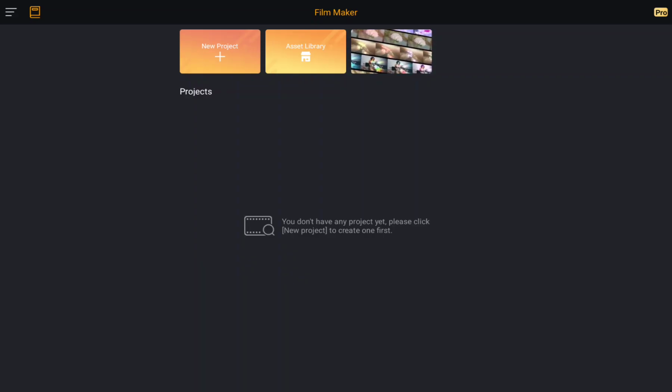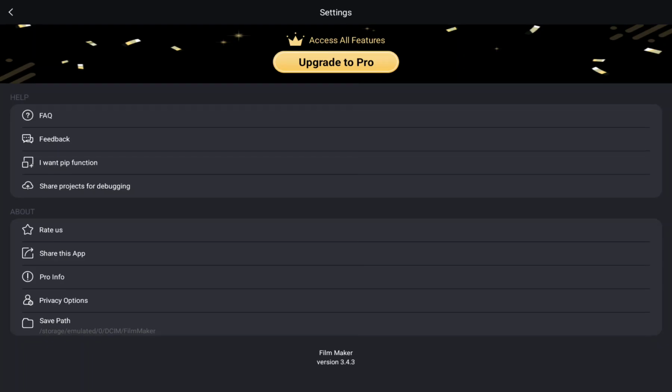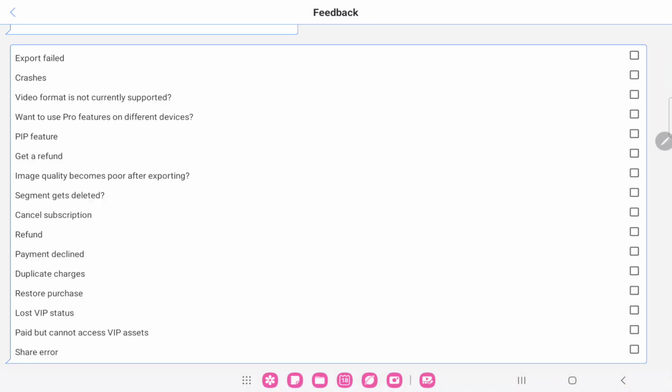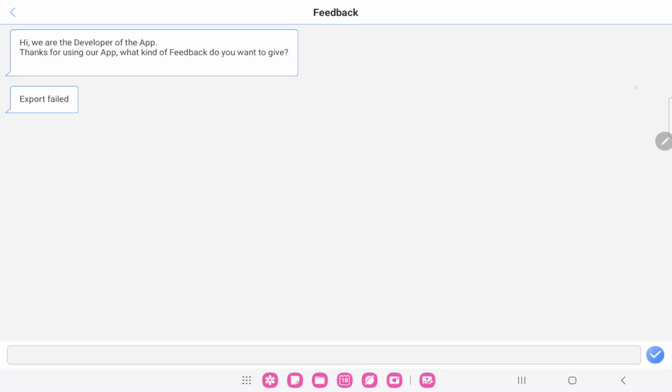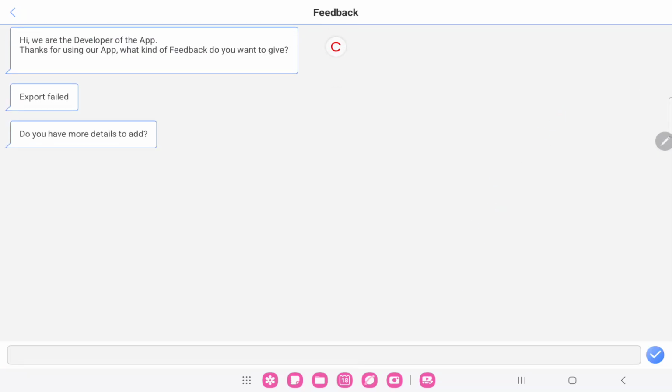First of all, open the application on your device. So that's the home screen, and you just go to the three lines at the upper left corner of the home screen. And in the help section you can find the second button, the feedback. Click that, and here you can select a topic, click to the next square icon, and you can